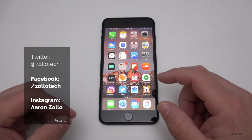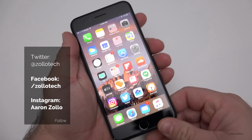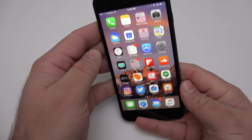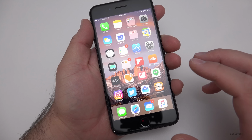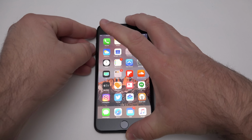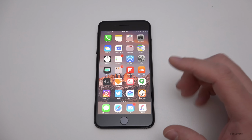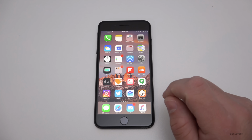We expect the design to change. This design has been around for a while now. This is the iPhone 7 Plus, and this design is basically 3 years old, with the exception of the antenna lines, the camera, and that's pretty much it. Apple doesn't really update the design as much as people think. They update features, but not so much the design itself. This one has worked for about 3 years, and honestly, Apple has only updated the design about 3 times since